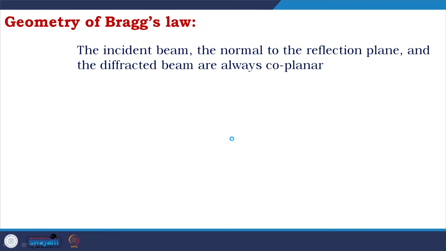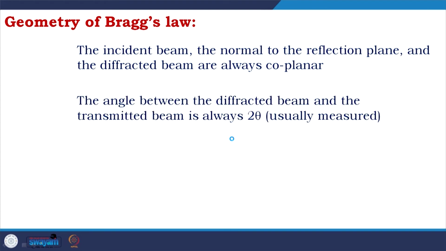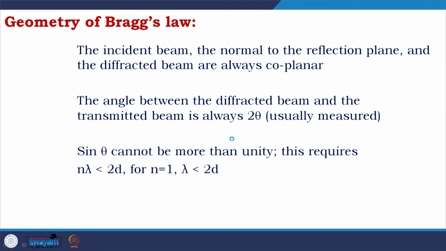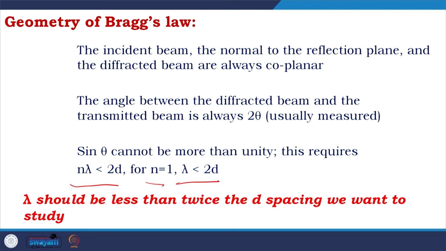So, coming to the geometry of Bragg's law, the incident beam, the normal to the reflection plane and the diffracted beam are always coplanar. They have to maintain the same plane. The angle between the diffracted beam and the transmitted beam is always 2 theta. Sin theta cannot be more than unity. So, it requires n lambda less than 2d, for n equal to 1, lambda less than 2d. So, the wavelength should be less than twice the spacing we want to study. So, this is a condition,